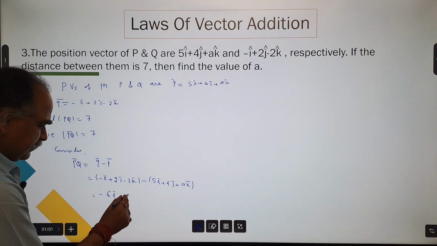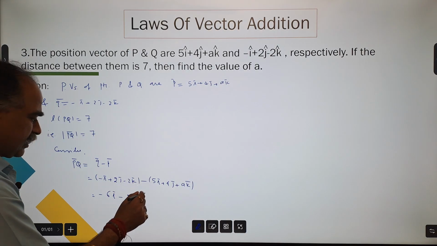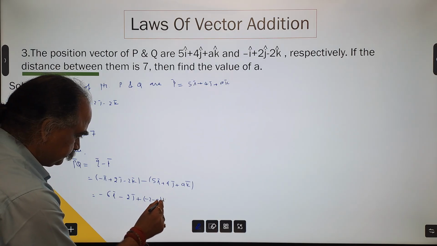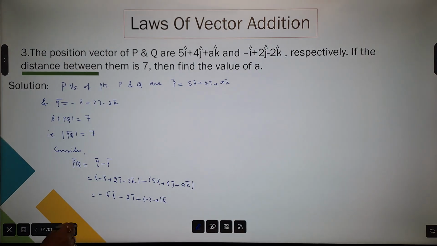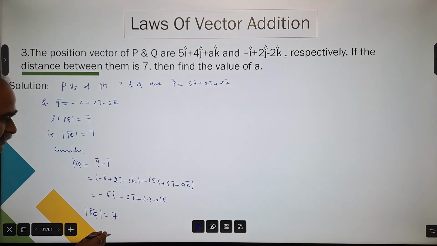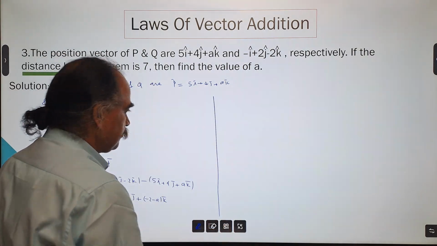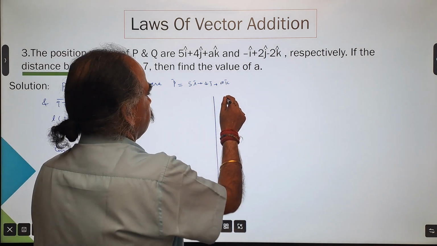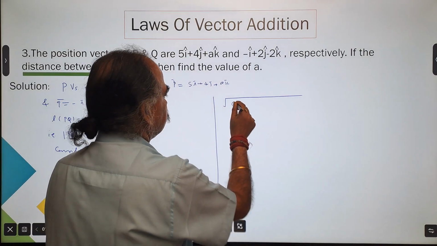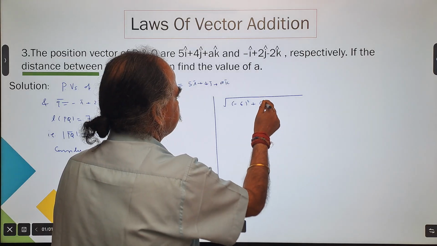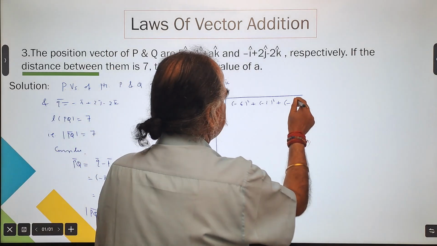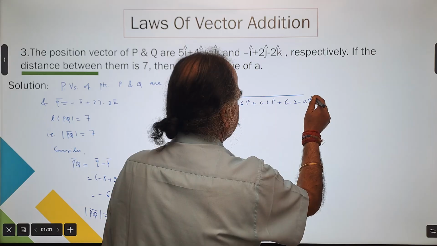Two minus 4 is what? Minus 2j. Minus 2 minus a, k bar. Mod PQ bar is what? 7. But what is mod PQ bar? It is the square root of minus 6 square plus minus 2 square plus minus 2 minus a square, is equal to